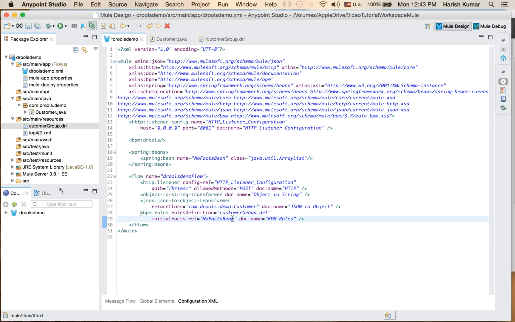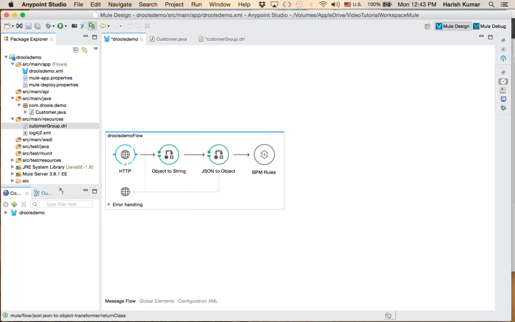Now the important part is once you have this, it will return back a Drools general object, and inside that object you will have your customer object as object.object. So it's an object inside the object which has that business rule implemented on that. So now we have to get it out, and let's go back to graphical view,